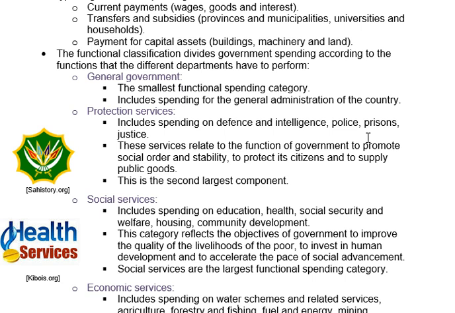Right. The protective services, obviously, this includes spending on the defense force and intelligence, the police force, prisons, the whole justice system of courts, right? So this service relates to the function of the government to provide social order and stability. Law and order is provided by the police force, right? The police force is there to protect the rights of the individual, right? So the citizens will feel protected, their right to ownership will be protected. The prison function and the judicial system is to remove criminals from society and to rehabilitate them so that when we set them free again, they become contributing members of society. It doesn't always work like that, unfortunately.